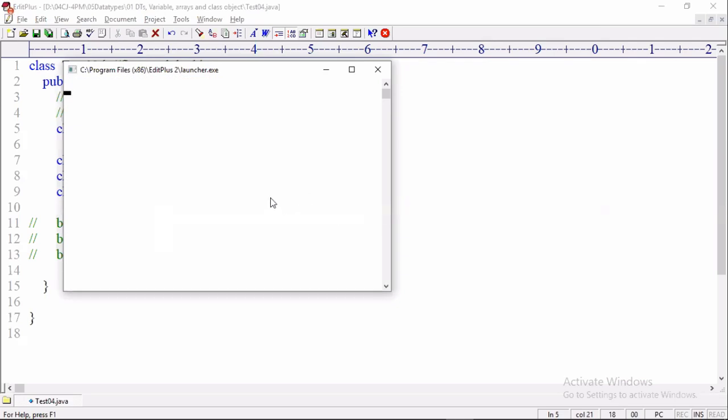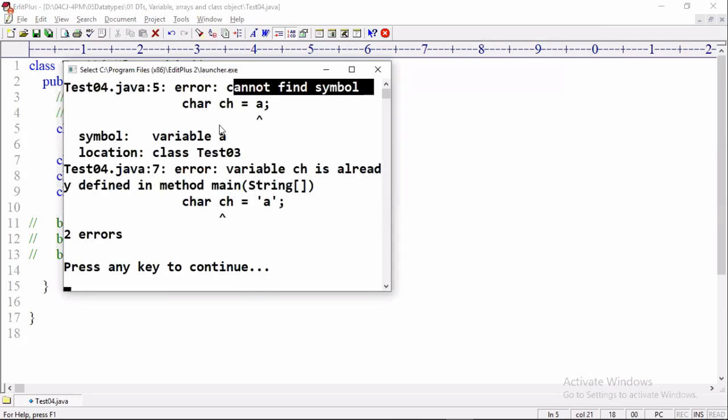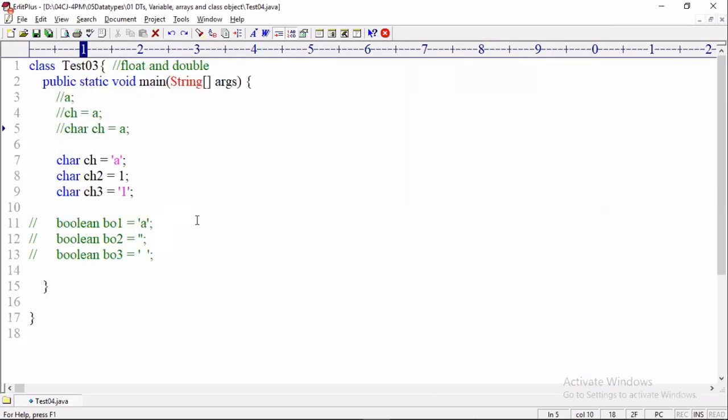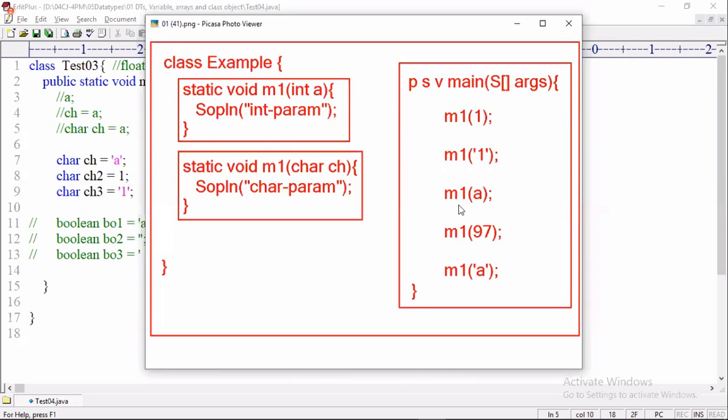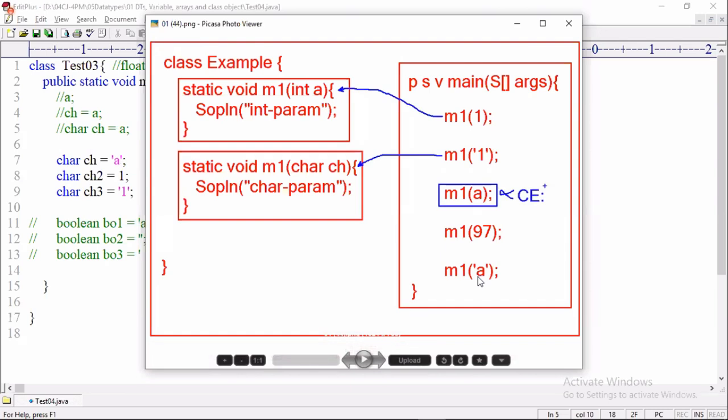It is a compile time error: cannot find symbol variable. m1 of A is a variable, the compiler throws error. If it were 97, the int parameter method is executed. m1 of single quote A, now it is considered as a character. Then the char parameter method is executed.